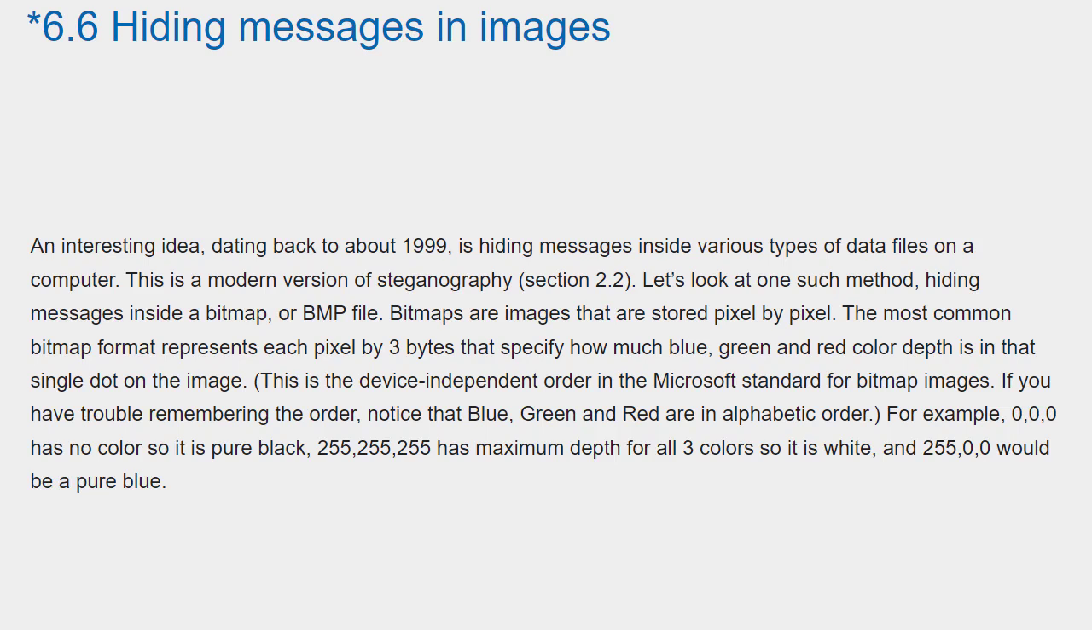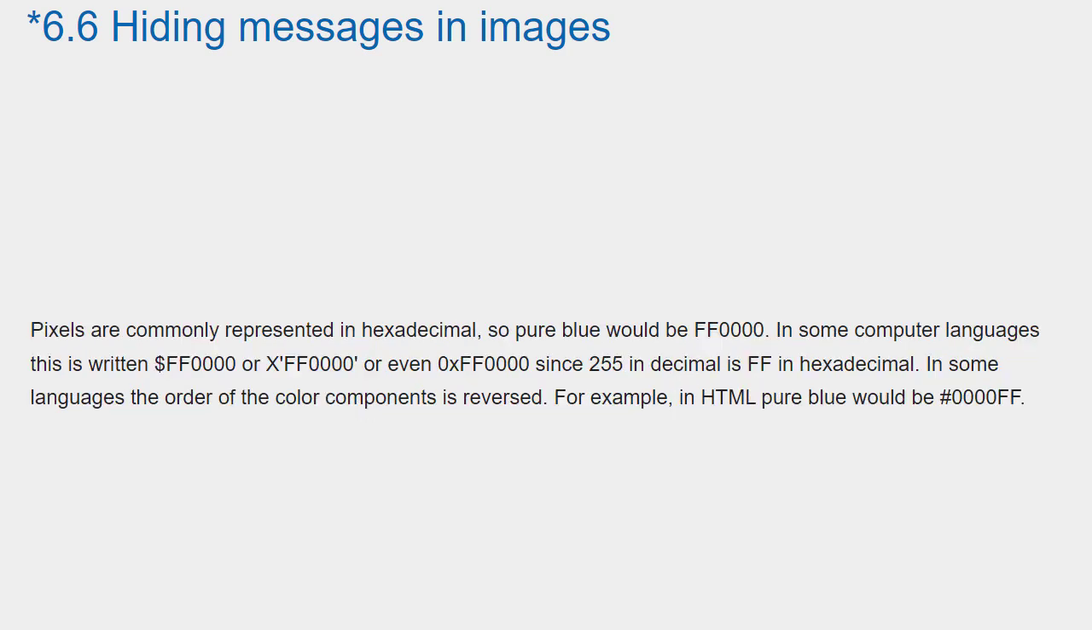For example, 0, 0, 0 has no color, so it is pure black. 255, 255, 255 has maximum depth for all 3 colors, so it is white, and 255, 0, 0 would be pure blue. Pixels are commonly represented in hexadecimal, so pure blue would be FF0000. In some computer languages, this is written